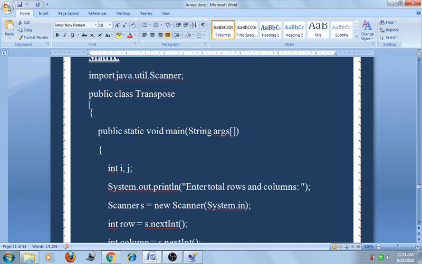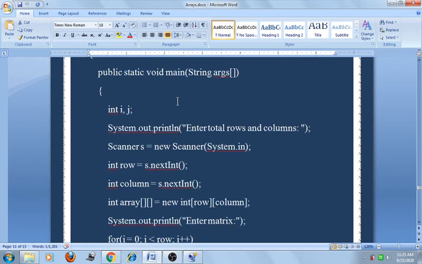So friend, when I declare import java.util.*; it will import all the classes contained in the util package. Now I only need the Scanner class here, so I write import java.util.Scanner. Here I take a class, public class Transpose.